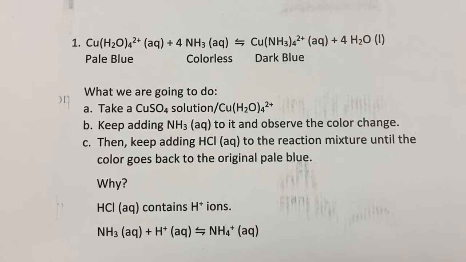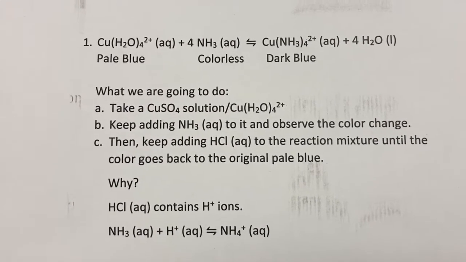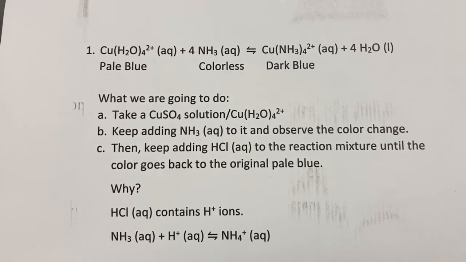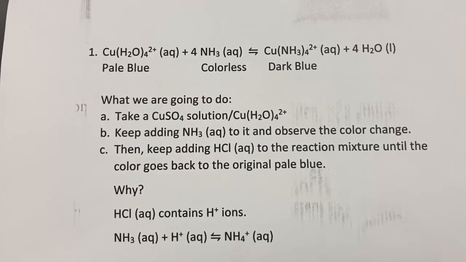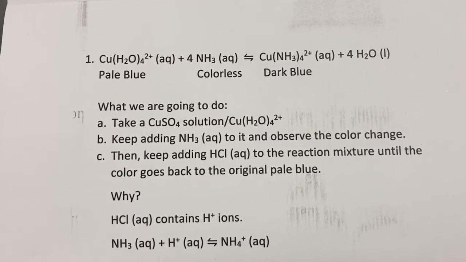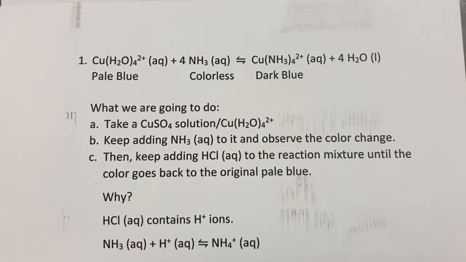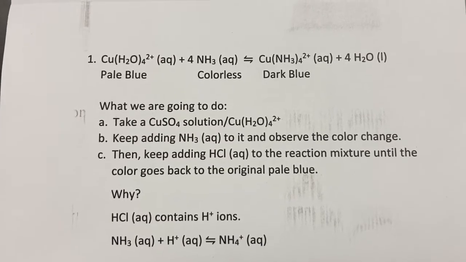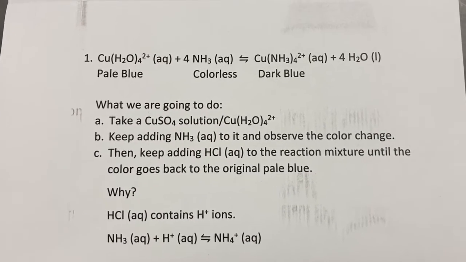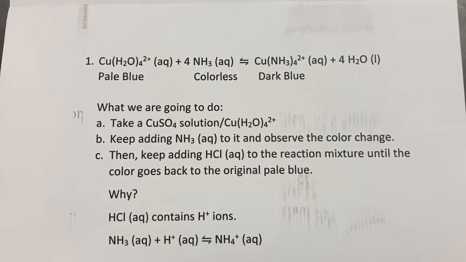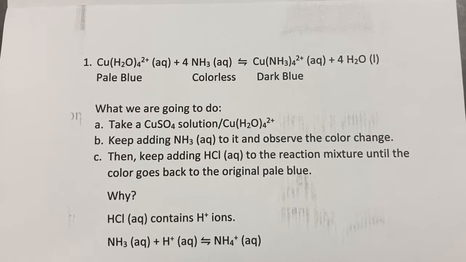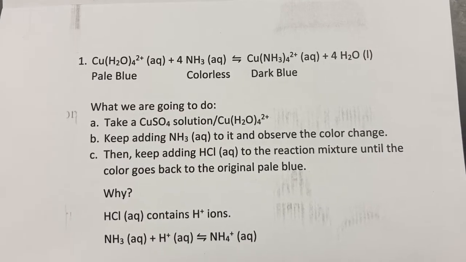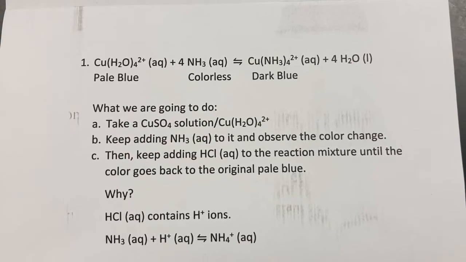So what do we do in this part of the experiment? We're going to take a copper 2 sulfate solution, which means we have copper 2 ion complex with water. Then we'll add ammonia to it, and we'll try to observe the color change. Once we're done with that, we're going to add HCl to the reaction mixture. What does HCl do? HCl looks like it has nothing to do with the equilibrium listed above. Well, HCl